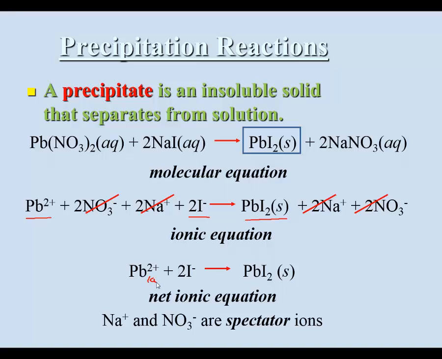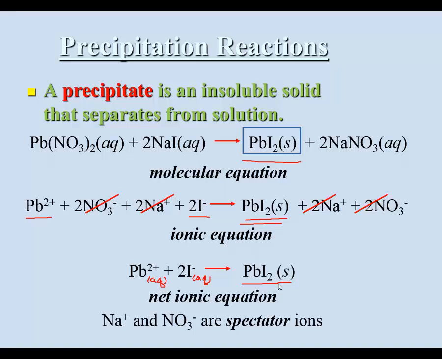to indicate they were soluble to begin with until the lead 2 ions came in contact with iodide ions, and then quite a few of them would end up precipitating, and we end up with a product that was the lead 2 iodide precipitate, so I indicate solid for the phase label. You notice that the precipitates in all three reactions that we've written, the molecular equation, the total ionic equation, and the net ionic equation, we show the precipitates always together because they are not significantly separated by the water molecules